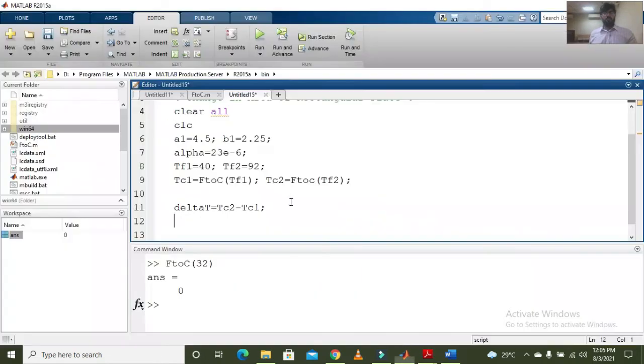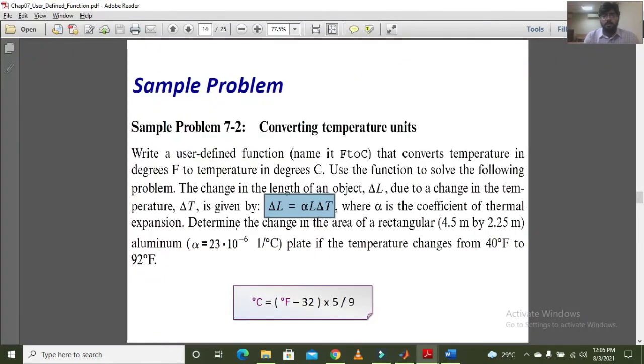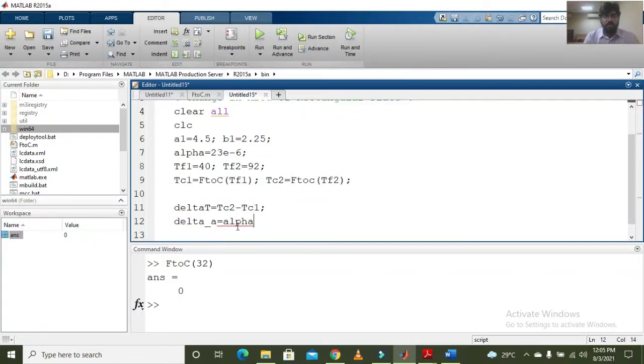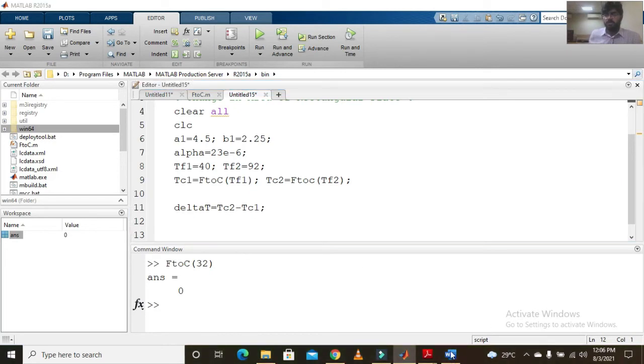So delta A will be alpha, or it is better to directly just use this relation.